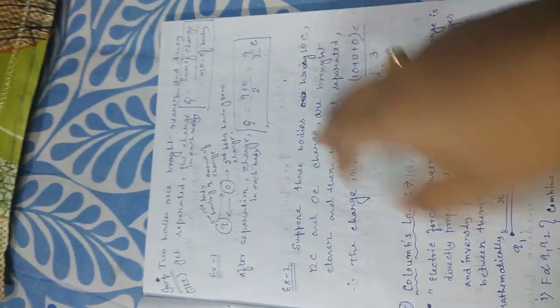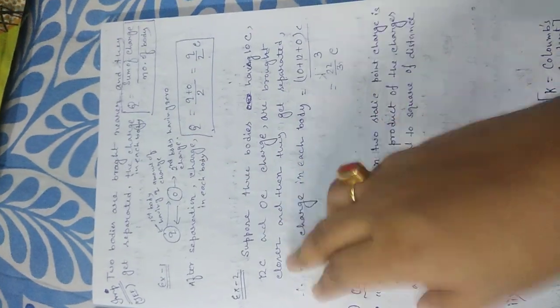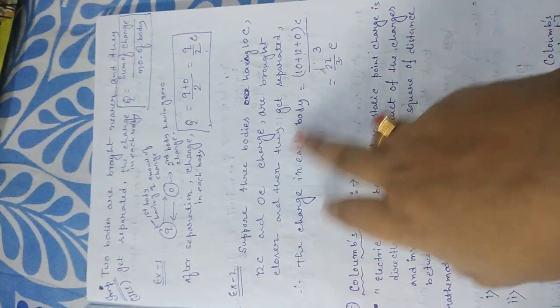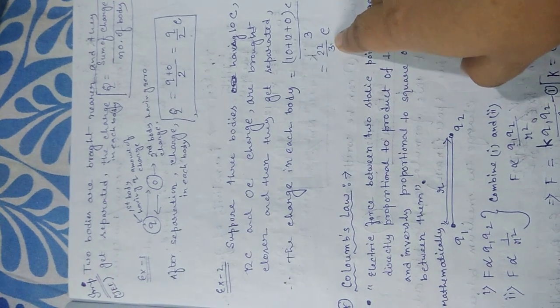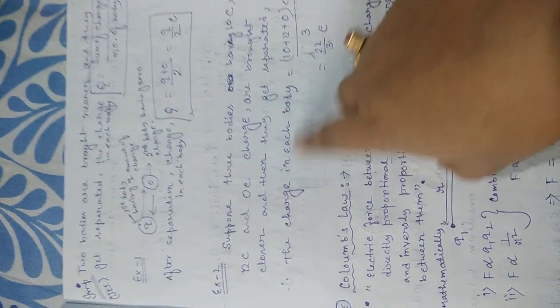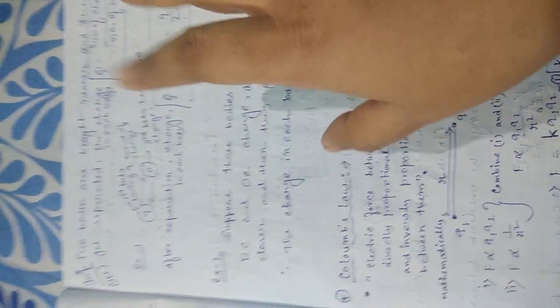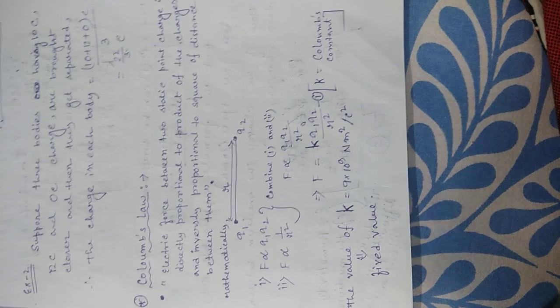Okay. Now the second also is there. There are 3 bodies. So after separation of the charge, this plus this divided by 3, so 22 by 3 coulomb in each body. Okay, clear? Now we come to the main topic of this chapter, or the most important topic of this chapter, which is